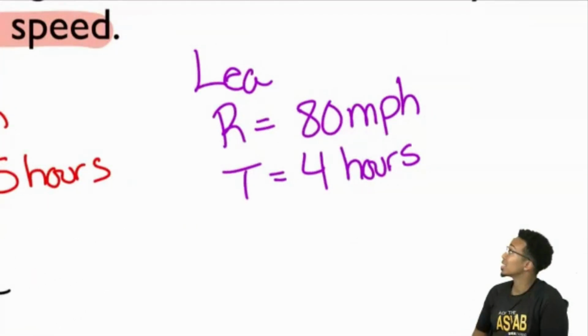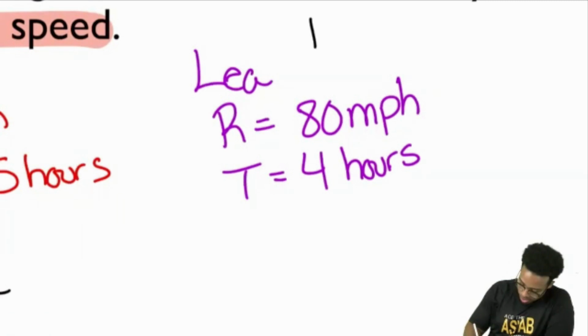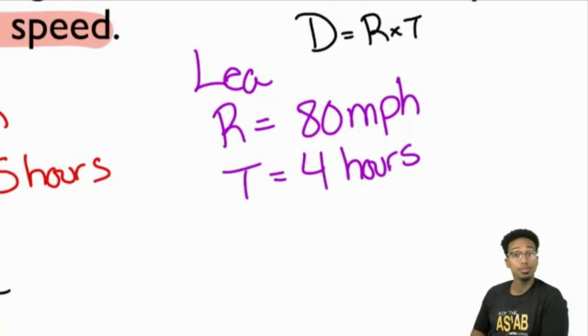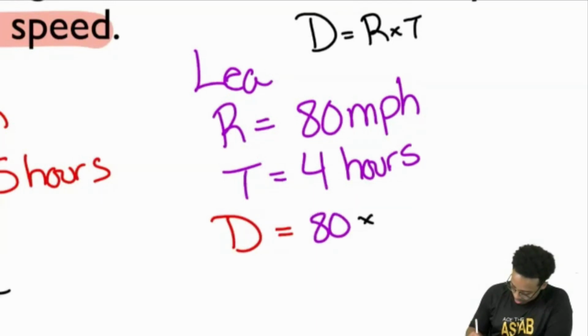Can Leah tell me the distance? Because remember, Leah caught up. Leah drove for 4 hours from the same spot that Suma Lee started from, drove for 4 hours at 80 miles an hour and caught up. Do we have the ingredients here to figure out the distance, everybody? Having the rate and the time, can we get the distance? Yeah, that's how the distance rate time formula is spelled. Absolutely. And so I'm able to say, hey, the distance here is going to be equal to the rate times the time. And everybody, what will that be?